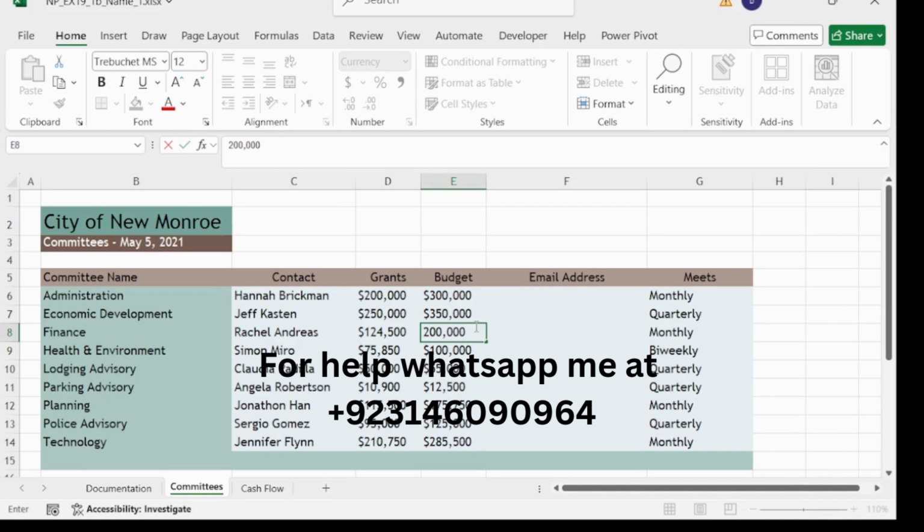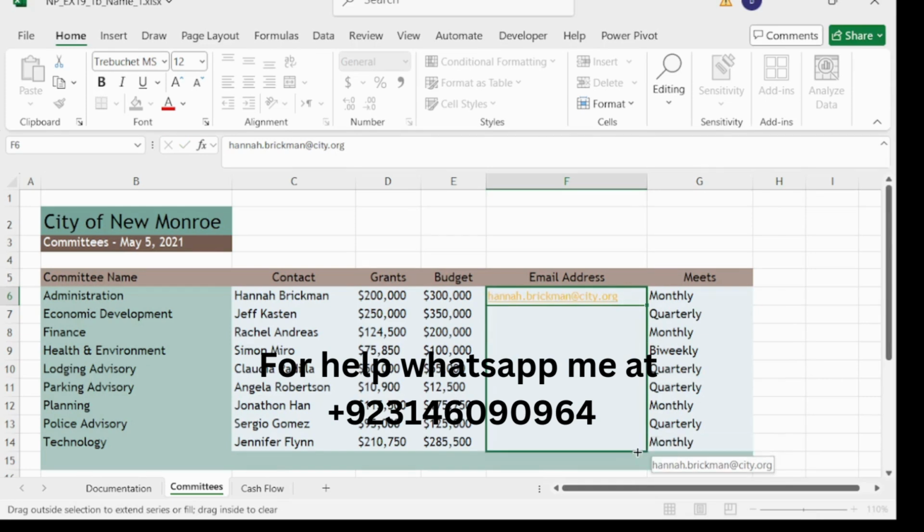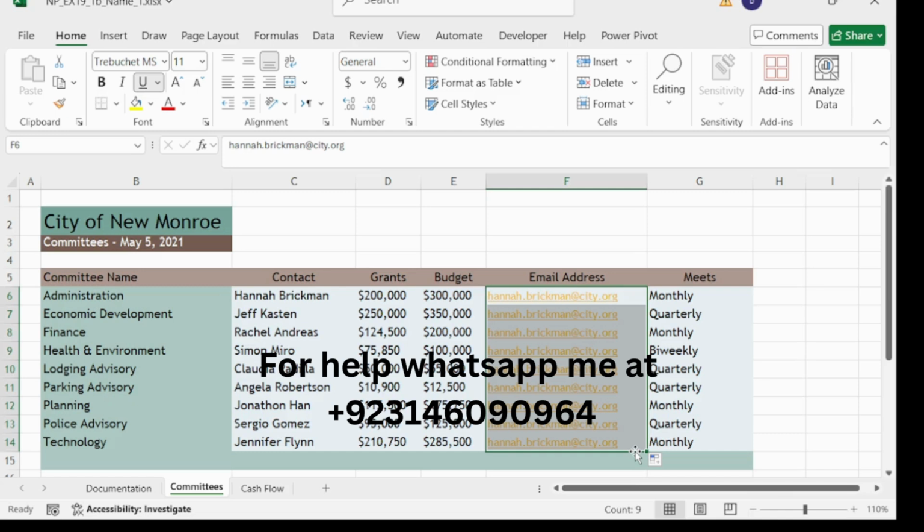And our step number 5 is enter hanan.brickman@city.org in F6. So type this here. Then select the range F6 to F14 and use the Flash Fill button.